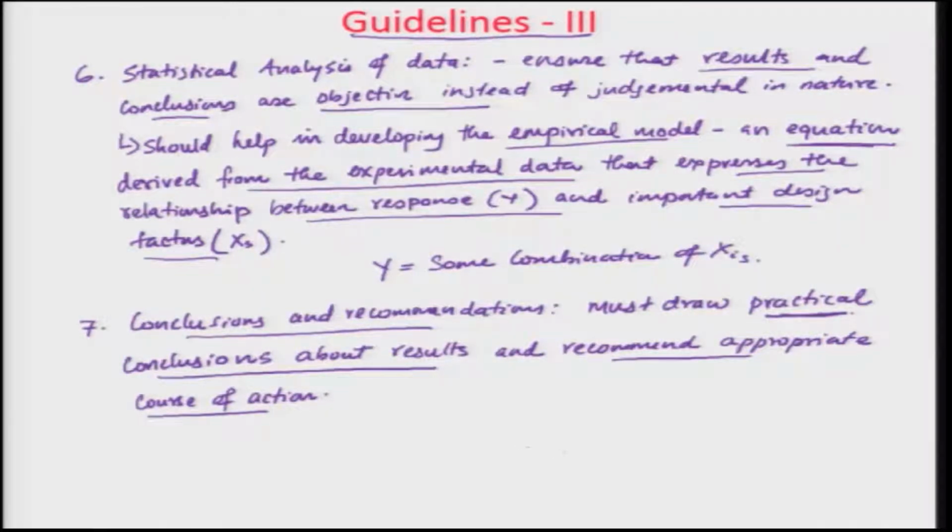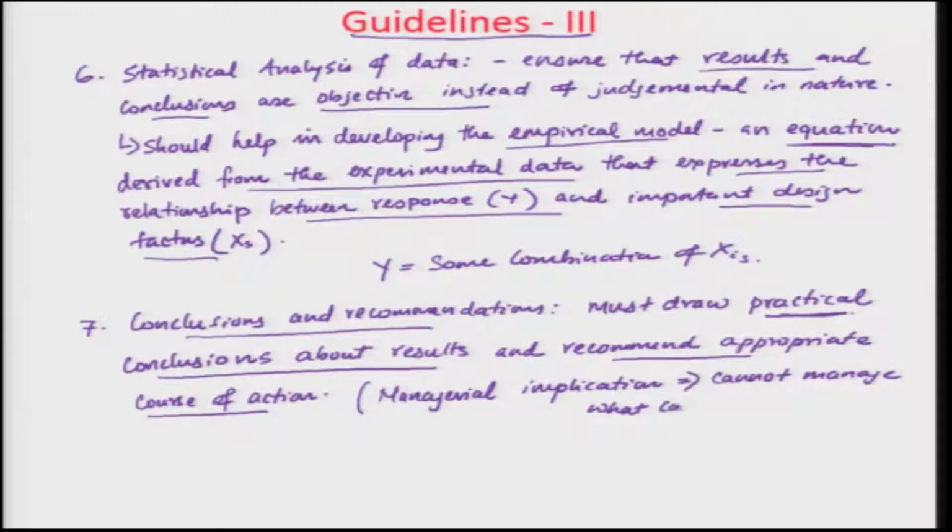In a way you can say it is the managerial implication. Okay. The managerial implication is you cannot manage what cannot be measured. So, if you cannot measure it, you cannot manage it. That is the fundamental idea behind this. So, we are trying to ensure that we measure it, so that we know what the course of action is, right. Then finally, follow up runs and confirmation testing